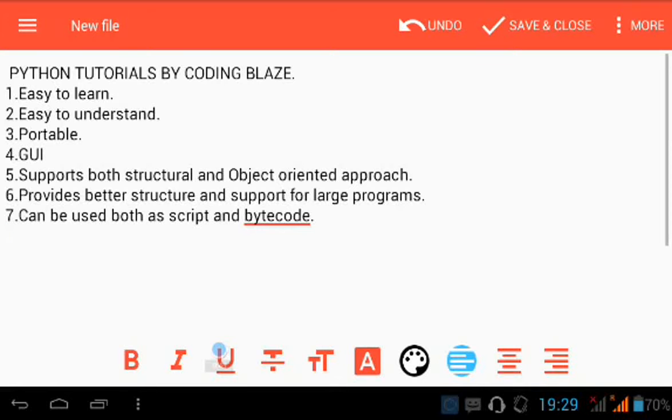And what type of language is it? Python is an interpreted language. So its code is compiled, converted into machine language only during the runtime period. Okay. And it is an object oriented language. That is, it supports the basic features of object-oriented languages like polymorphism, encapsulation, and inheritance. Okay, but